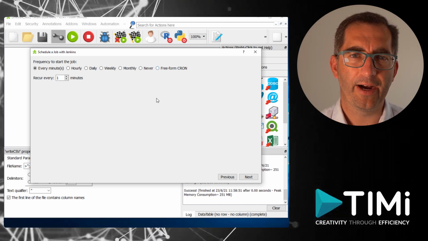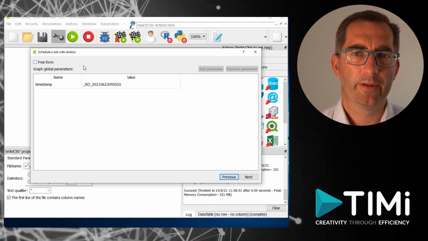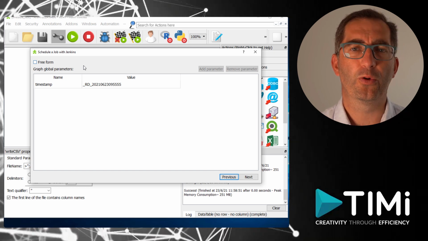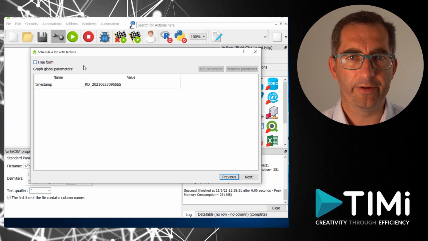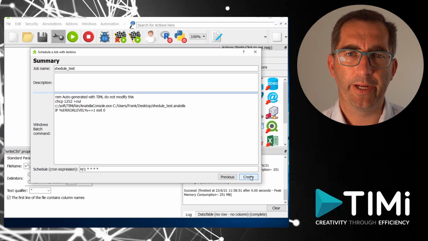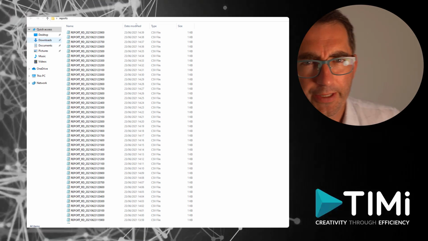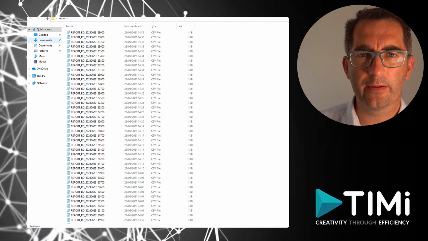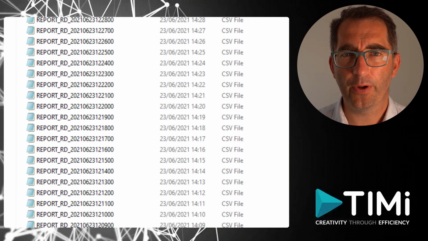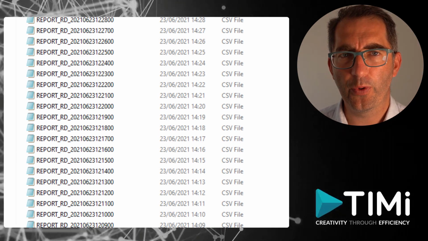The third step is to define the global parameters you want to use when running this flow. So if you added global parameters in your flow and you need to specify them before running your flow, here you need to enter these. Then we get a summary of what we selected, and when we hit create, our flow has been scheduled. So we scheduled our flow with Anatella. I let the PC run for a while, and we get something like this when we open the report directory. So as we see, our Anatella flow has been running every minute just the way we wanted it to.